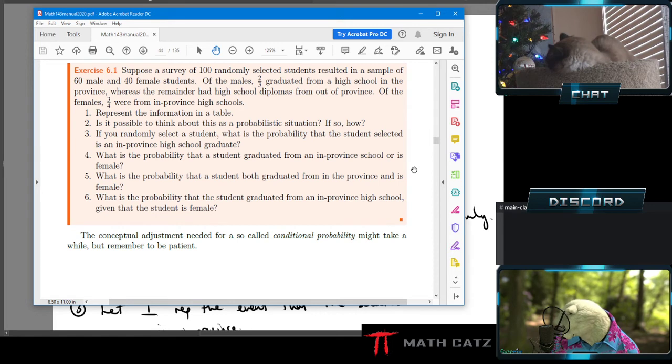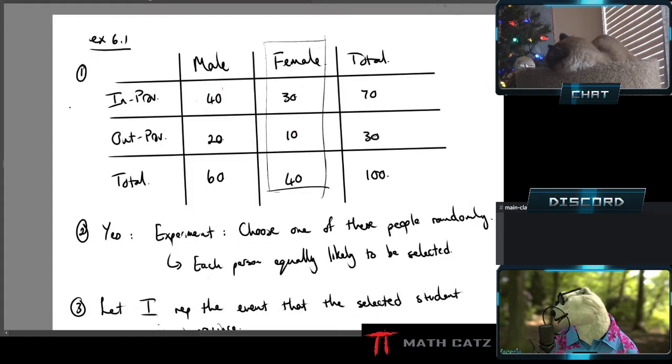Okay, let's remember what we did here. Our table worked because of how the information was presented, giving me all the numbers. I was able to fill in all the little areas in my table, and then they can ask me anything they want.